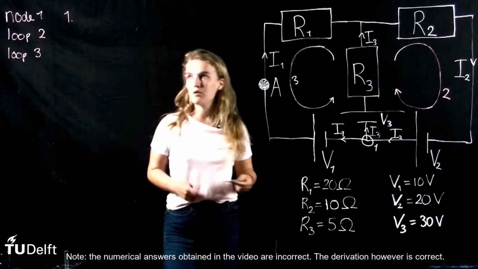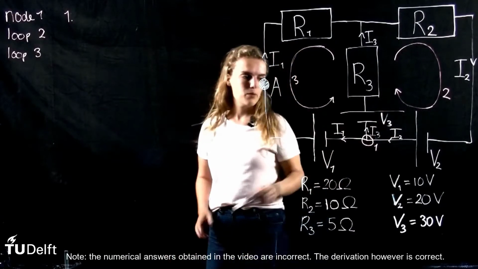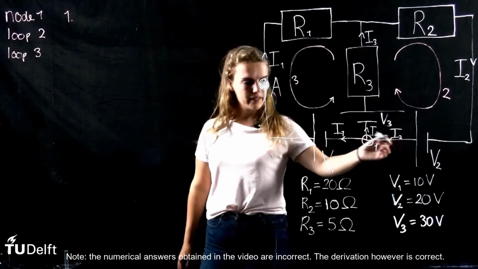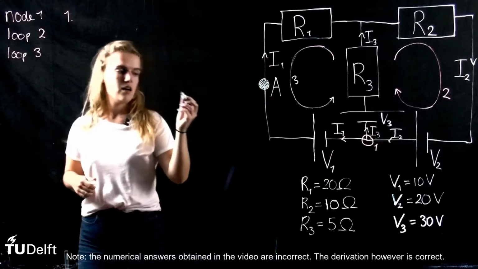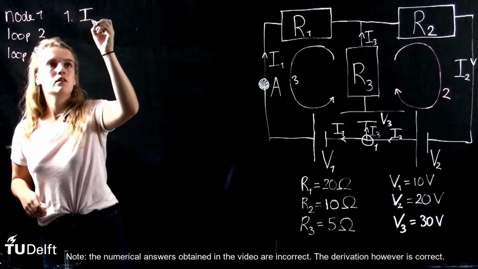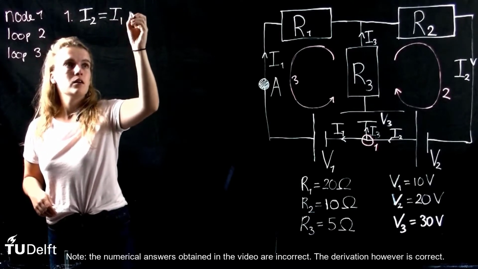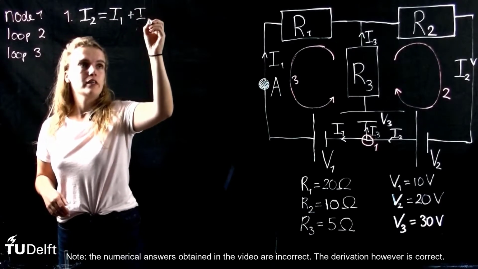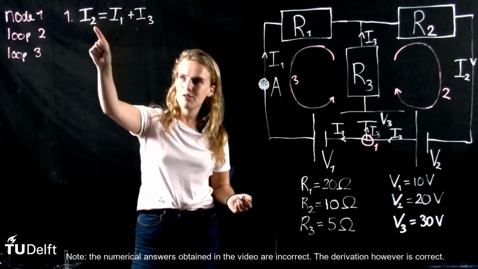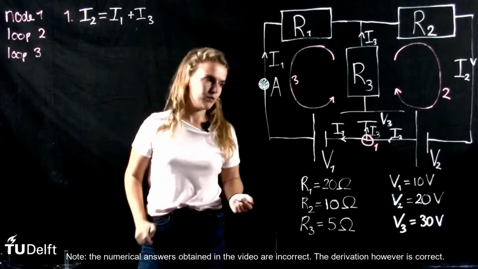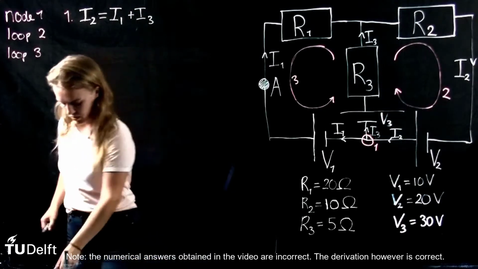Okay, so first we're going to solve node 1, and after this we will look at loop 2 and 3. But let me start with 1. Here we have current I2 coming in, and current I1 and I3 leaving. So we can write this as I2 is equal to I1 plus I3, where I2 is the incoming one, and I1 and I3 are the outgoing ones. And we will use this later to fill it into the second loop, because as we look at loop 2,